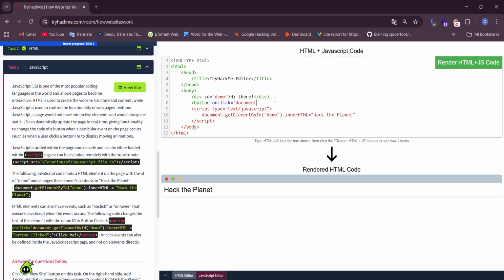document.getElementById("demo"). This is so boring to write here.